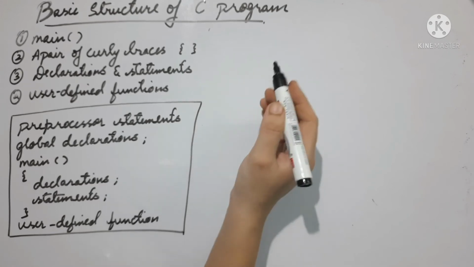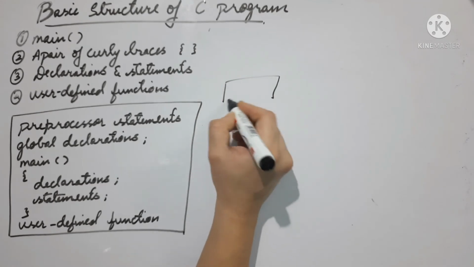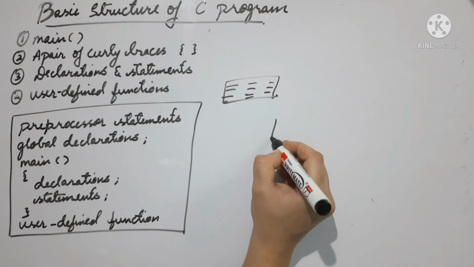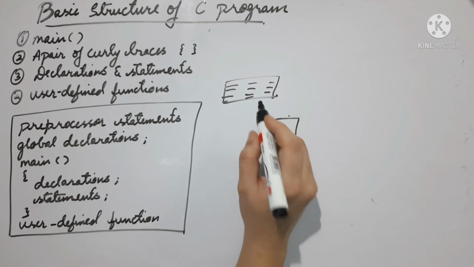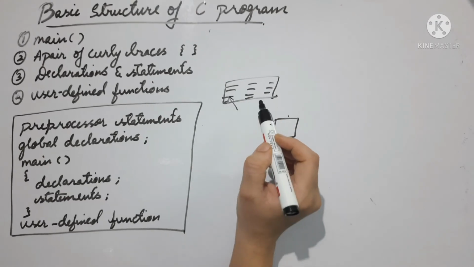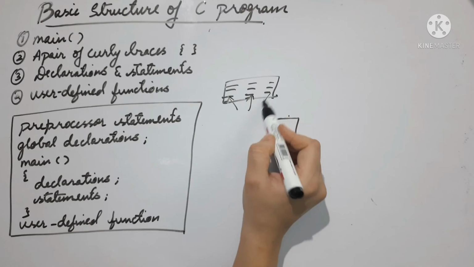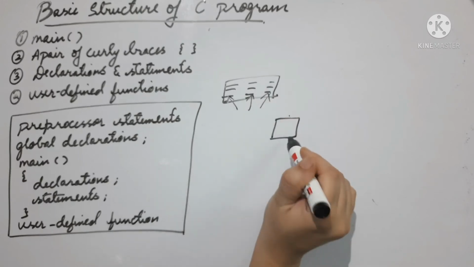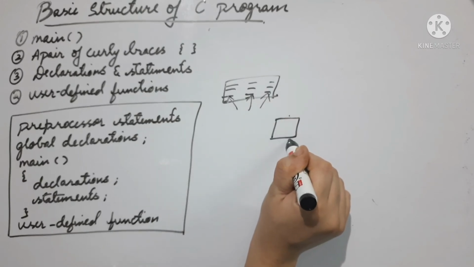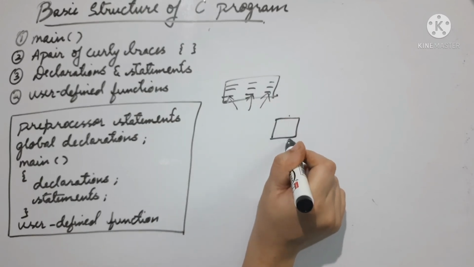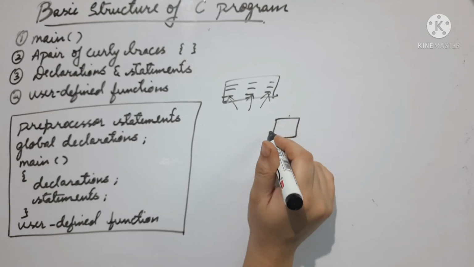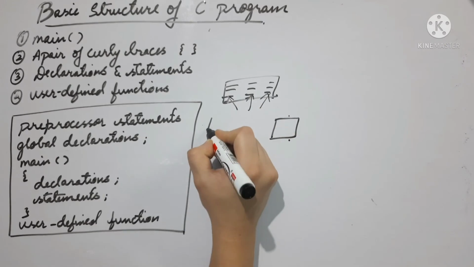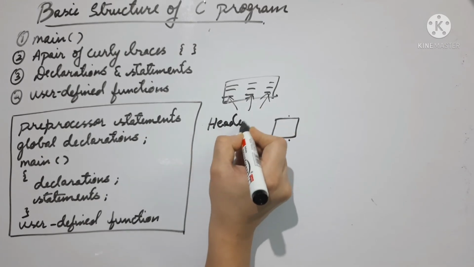What library files? Whenever you go to a library, what do you find in a library? There are so many books, right? Suppose you want to make a particular article on a topic, you go to the library, you take some books from here, some books from there. So in this library you will find everything which will be required for your article. Similarly, in the computer also you have a library which consists of different kinds of files, and my C program can make use of those files. These kinds of files are called header files.